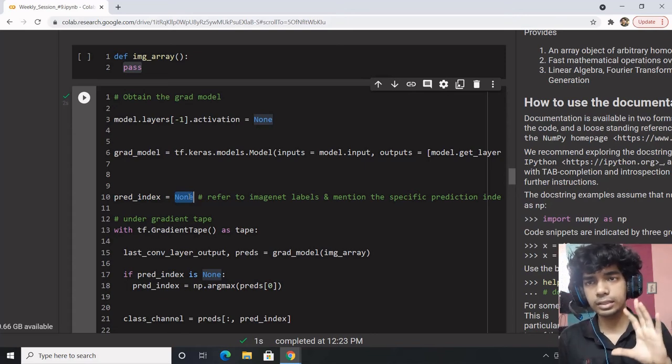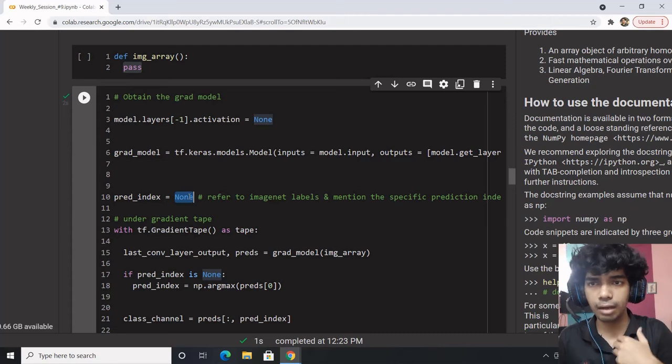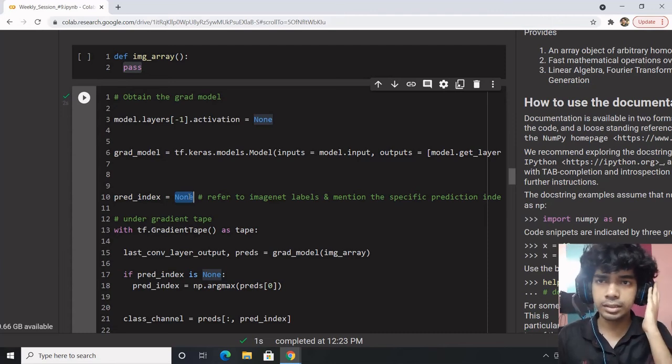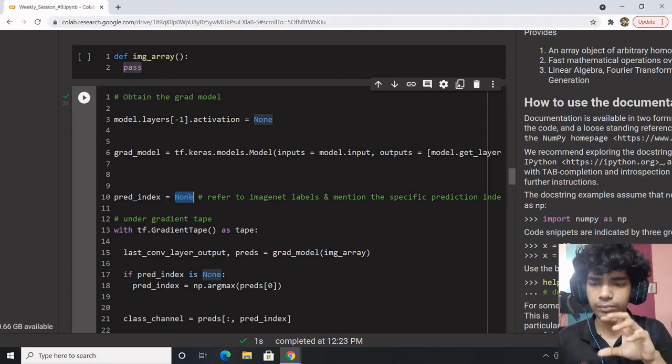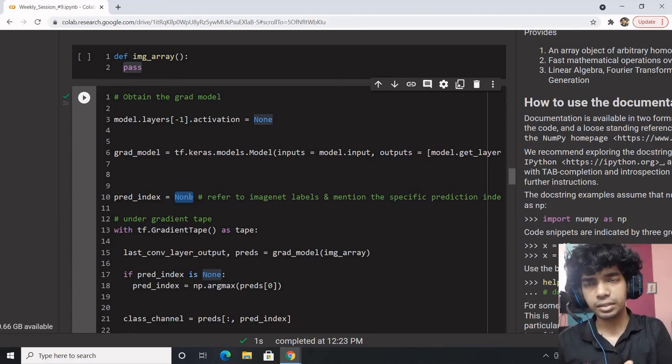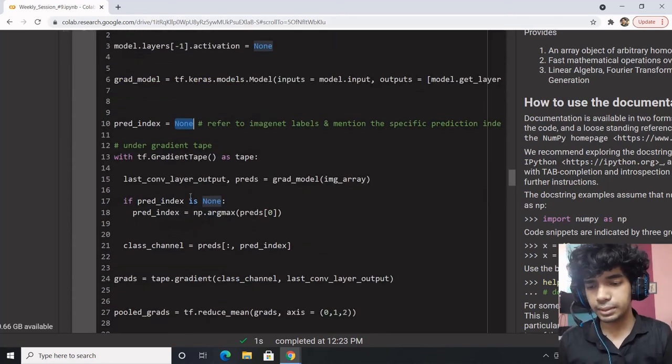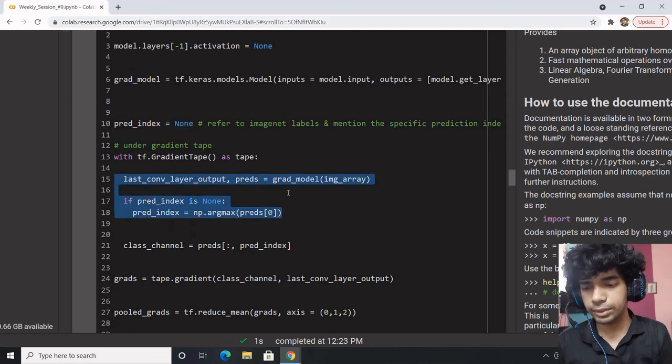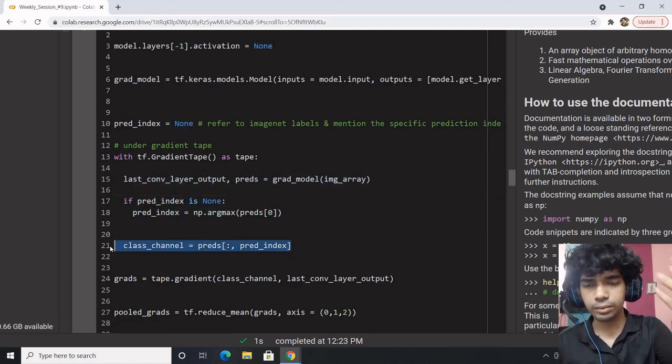Let's say in the current frame I am there, the headphone is there, and multiple things can be there. Let's say there's a cat, there's a dog, there are multiple things in the frame. Either you want to go for automatic detection and its visualization, or you want to be specific. If you want to be specific, you should mention the prediction index. If you do not mention it, it will do automatic. If you do mention it, it will extract the value for that particular prediction index.